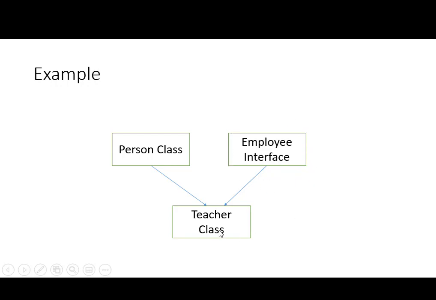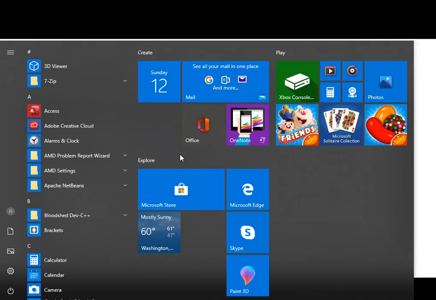That class will be the teacher class. So we're going to create one more class that will implement an interface and that will extend or inherit from this person class at the same time. That's how we're going to accomplish multiple inheritance with the help of this example. This would be a very basic example, so you can understand this much better. So first of all, I'm going to create a person class.